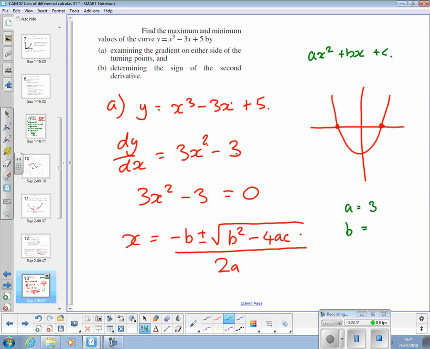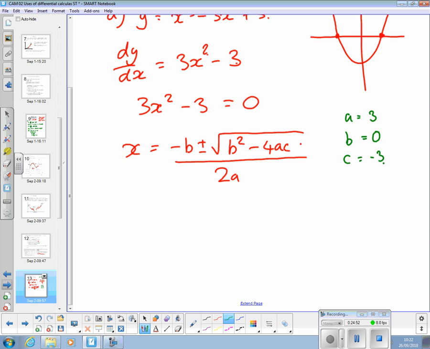There's no x term, so b must be 0, and c is minus 3. So we've got x is equal to minus 0 plus or minus the square root of 0 squared minus 4